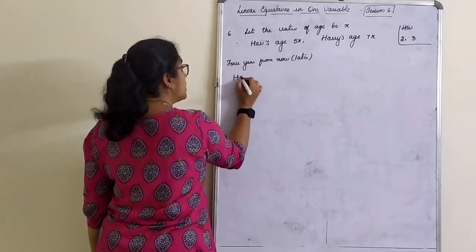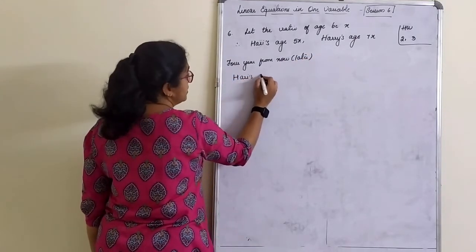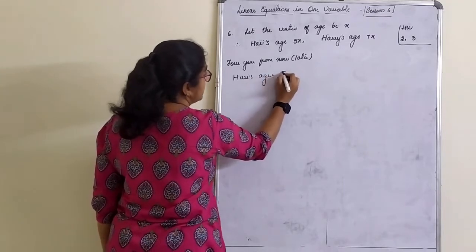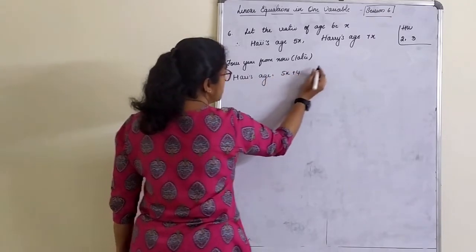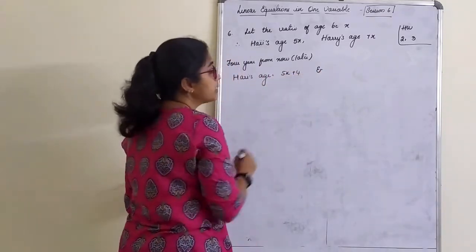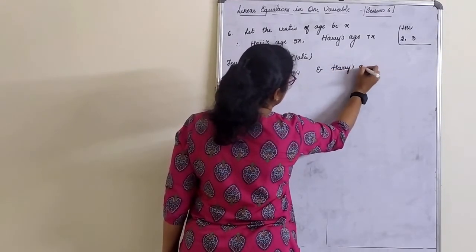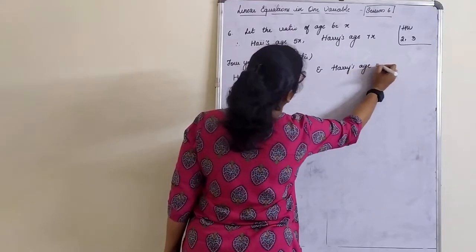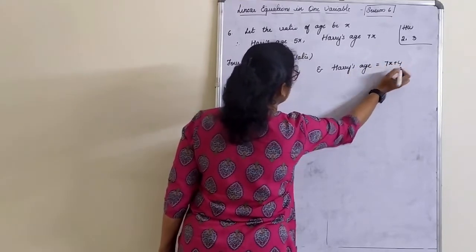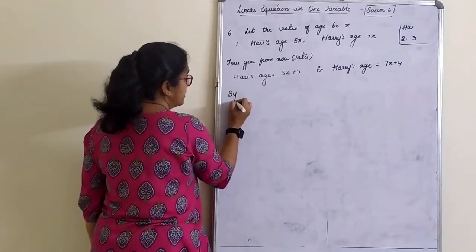So what is Hari's age after 4 years? It's going to be 5x plus 4. And what is Harry's age? Harry's age will be 7x plus 4. By data,